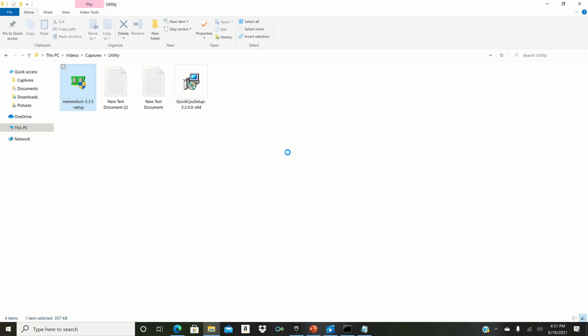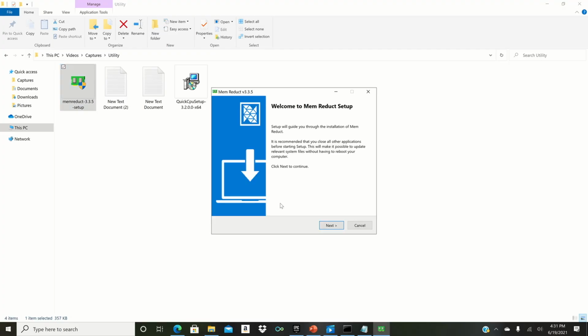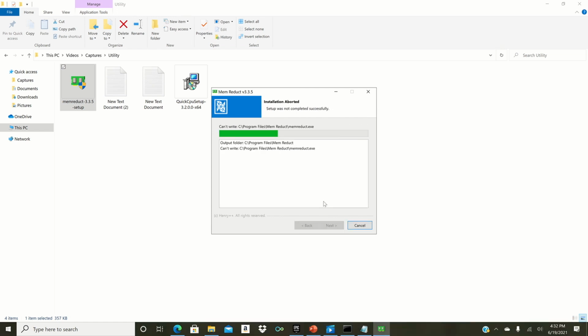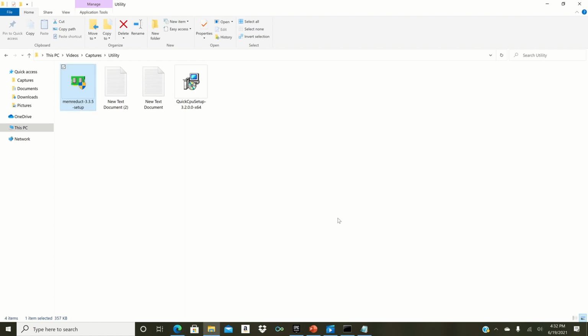Okay, the third step is to install an application that will clear the RAM, and there is another application that will enable you to boost your CPU performance. I will provide the links for both these applications in my video description. Please go and check them out. Also, I will add a video that has similar instructions to install this utility. So double click and click next to install this utility on your laptop. I have already installed it, so I'm not going to do that again.